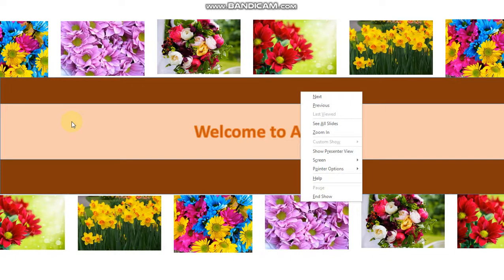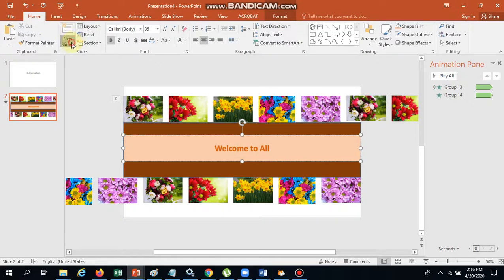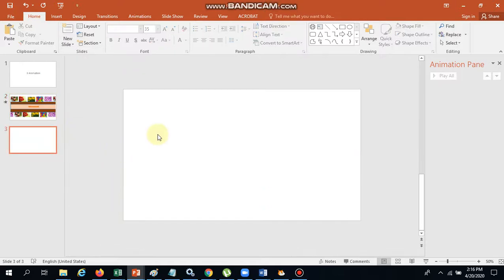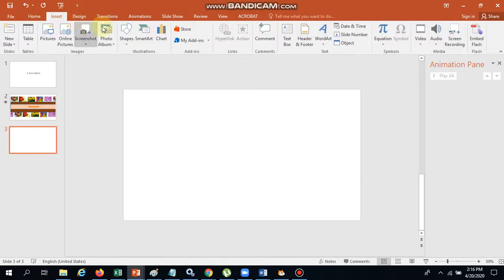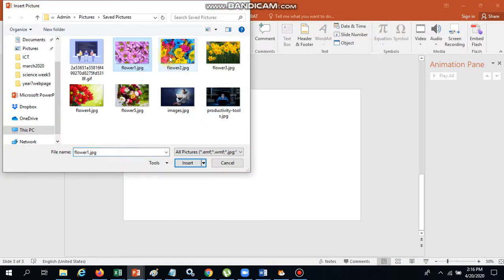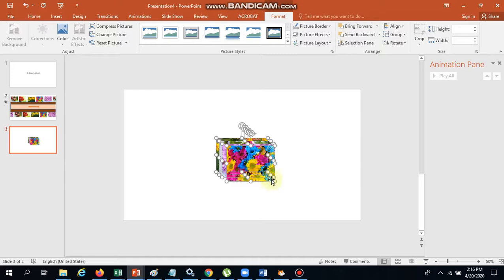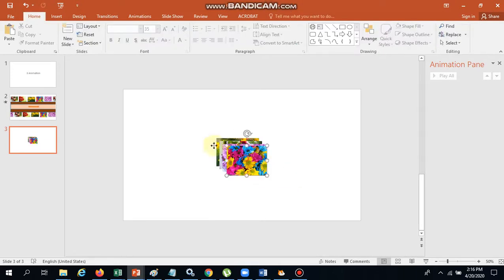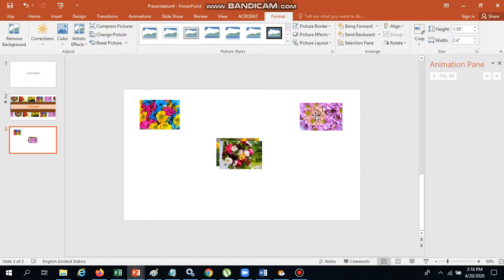How to do it? Just go to Home, New Slide. Here go to Insert, Picture, and select any 4 pictures. Then keep all 4 in 4 different directions like this.